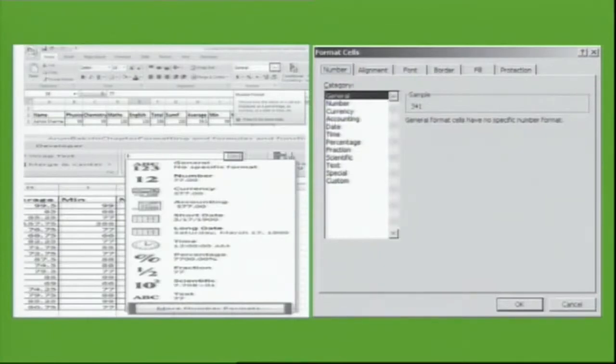Generally in Indian style, we write the date as day, then month, then year. Suppose it is 23rd December 2020, I will write 23, hyphen, 12, hyphen, 2020. So this is the style I have, right? If I want to change it, like first I want the month name, then the day, then the year to be displayed, I can change that style also. Depending upon the list of formats available, I can choose the one I want for the particular data.